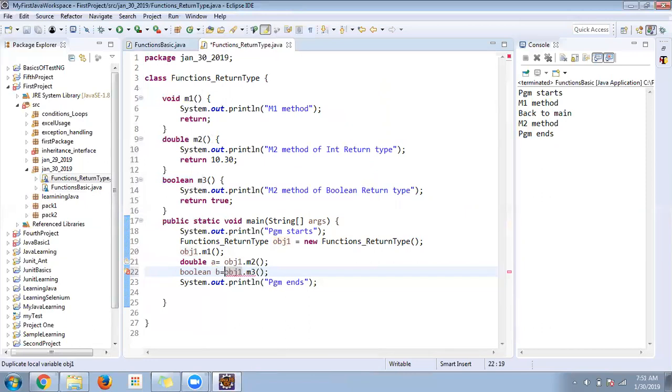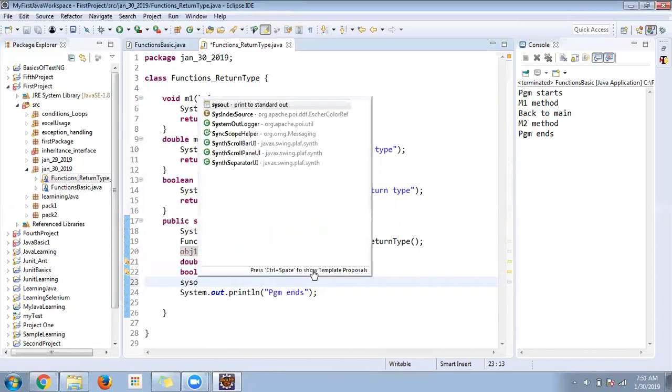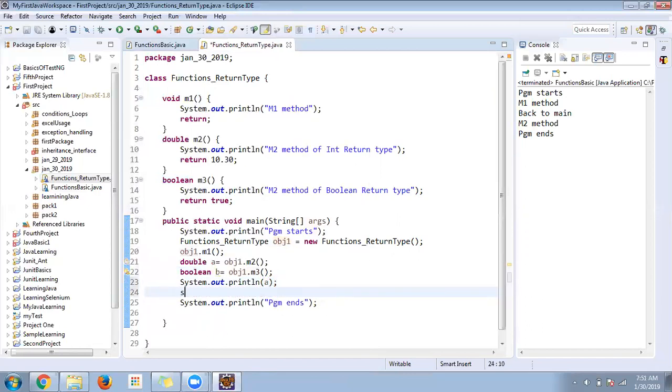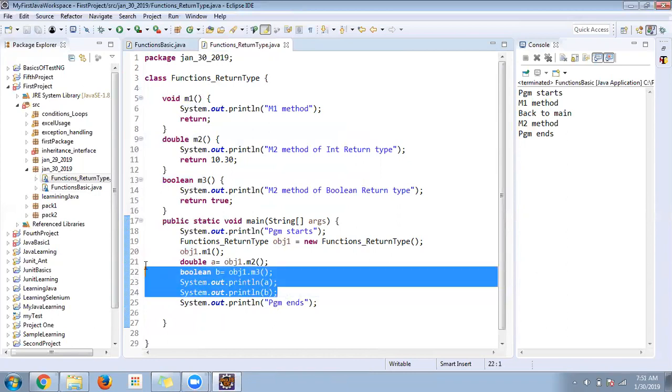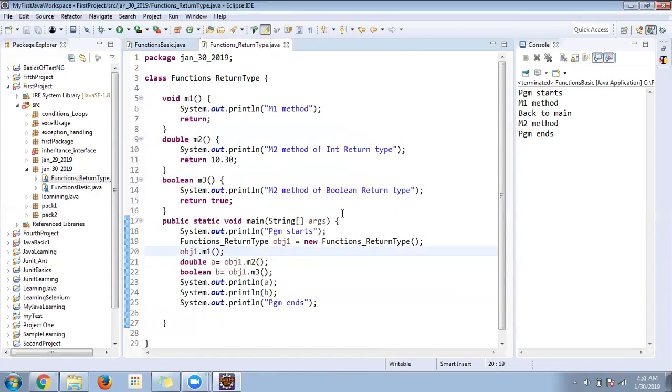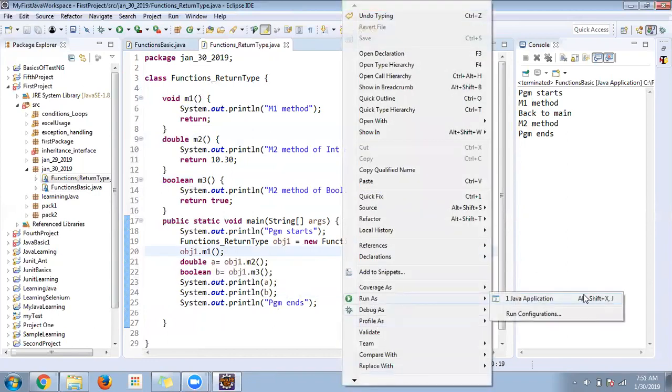Boolean b is equal to. It is capturing the boolean. Now if I want to print, I can print a and b. Okay, so now if I run it,